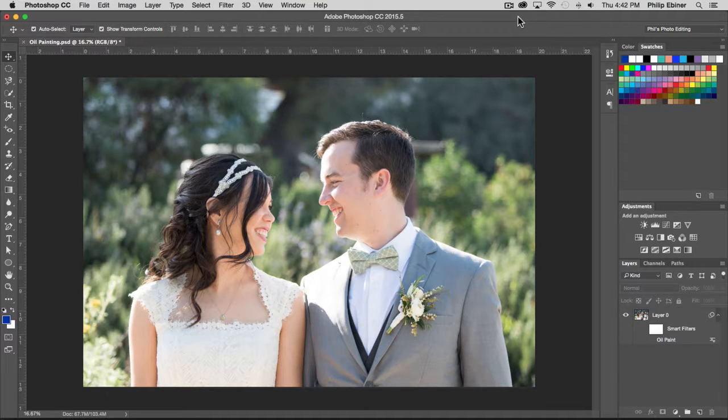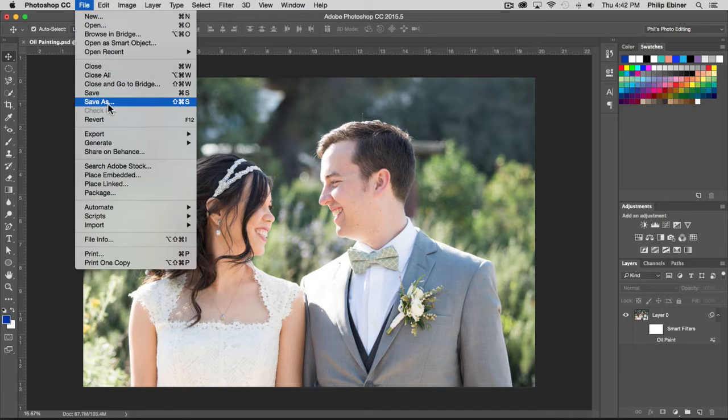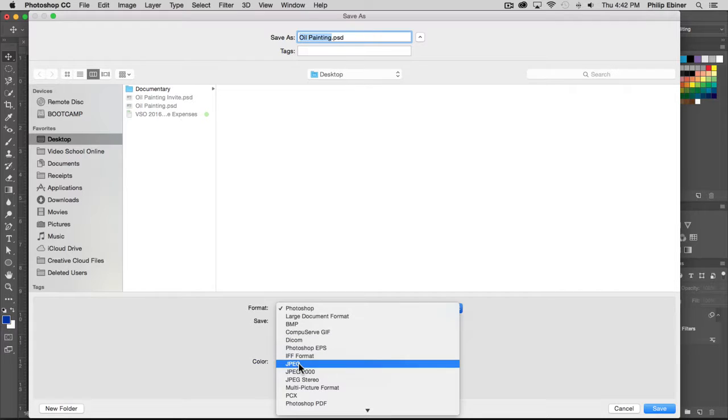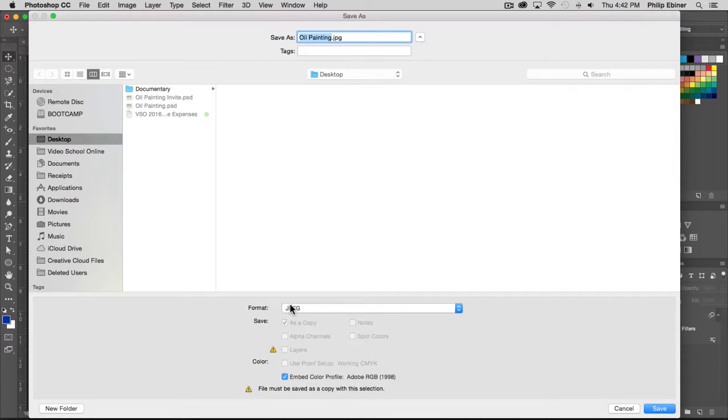In this tutorial, we'll learn how to save your projects for print or web. There's a couple ways to save your photos or projects. The first is by just going up to File, Save As, and then choosing a different type of file. So we can save this as a JPEG, which is great for online because it's a small file size but